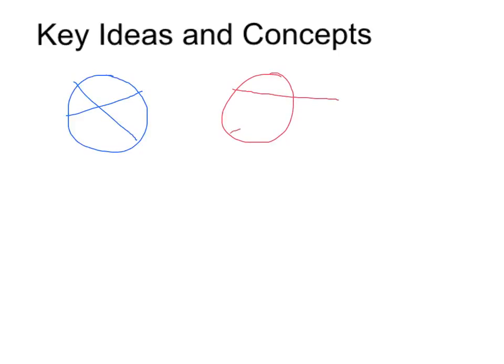Alright, for this lesson we have 3 scenarios. The first scenario is where 2 chords intersect inside of a circle. The second scenario is where two secants intersect outside of a circle. And then our final condition is where we have a secant and a tangent intersecting outside of a circle. And in this case, we have